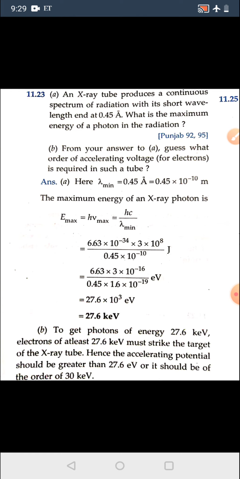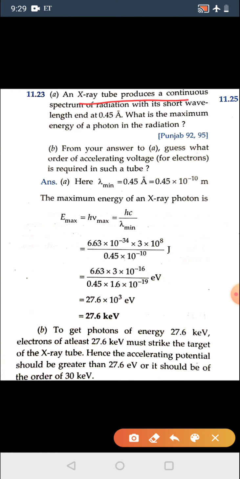In question 23, an X-ray tube produces a continuous spectrum of radiation with a short wavelength of 0.45 angstrom. What is the maximum energy of a photon? First of all, E max is equal to h into nu max, that is hc by lambda minimum. By substituting its value, you will get 27.6